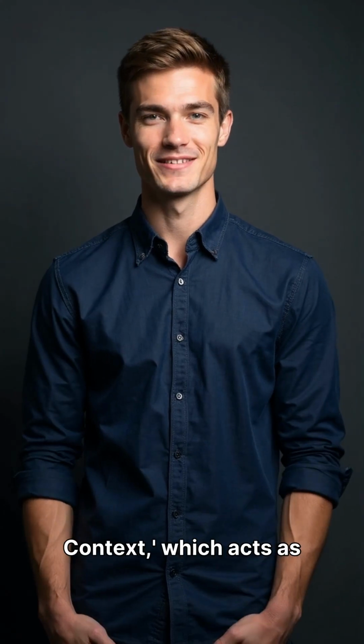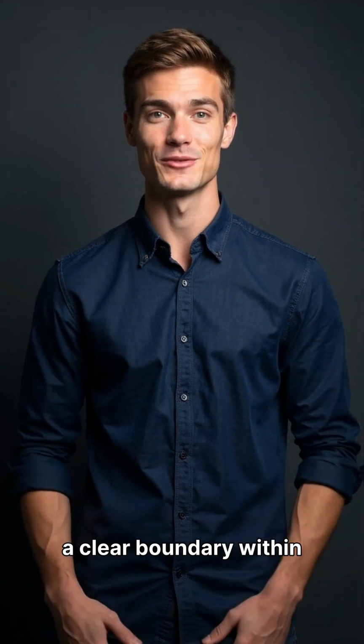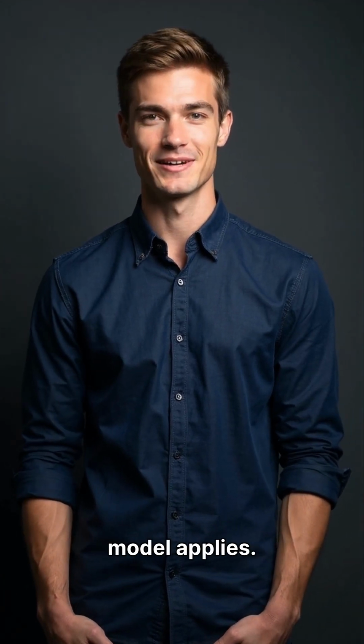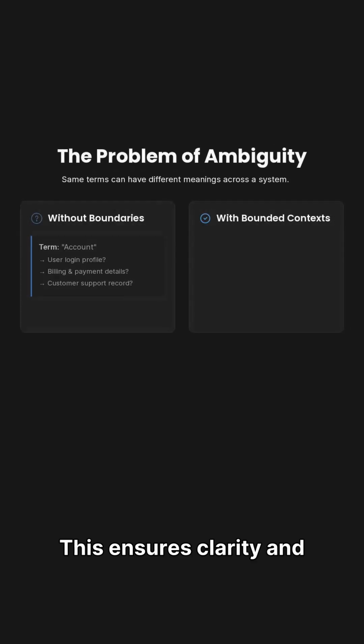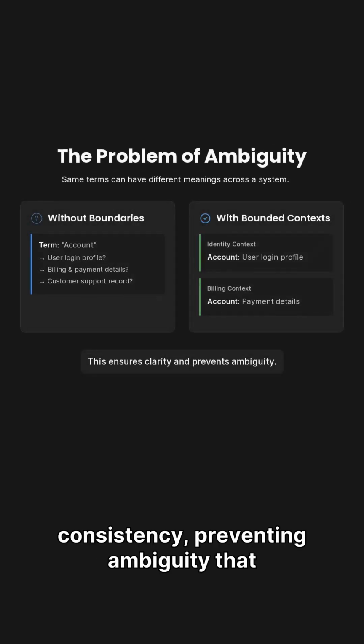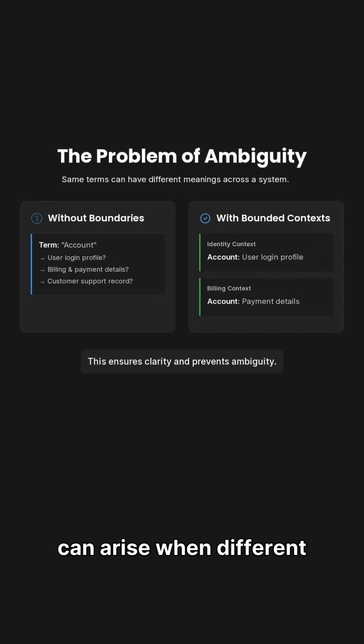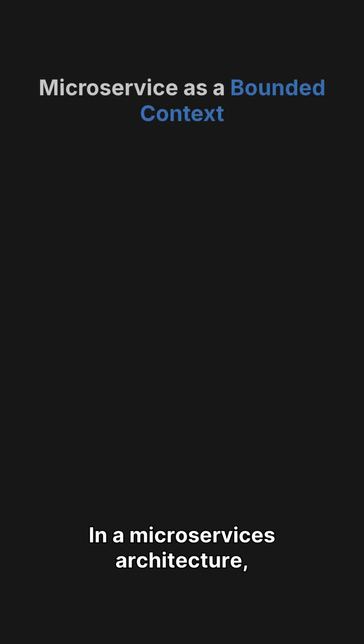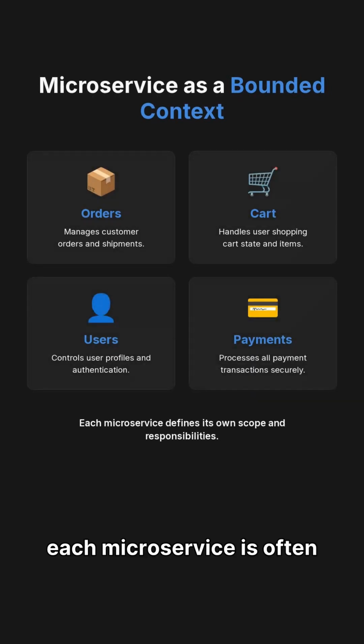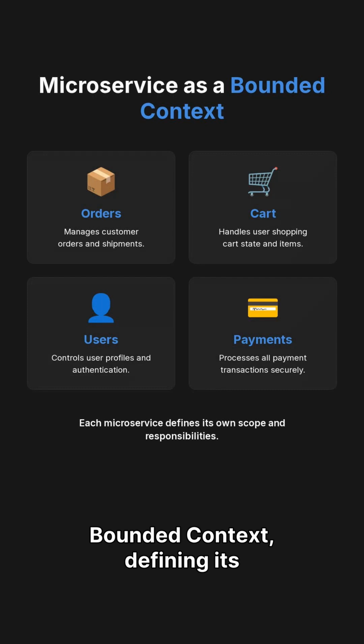First is the bounded context, which acts as a clear boundary within which a specific domain model applies. This ensures clarity and consistency, preventing ambiguity that can arise when different parts of a system use the same terms with different meanings. In a microservices architecture, each microservice is often treated as its own bounded context, defining its scope